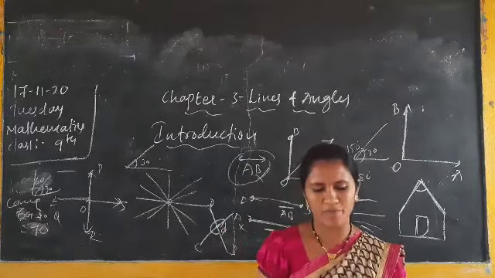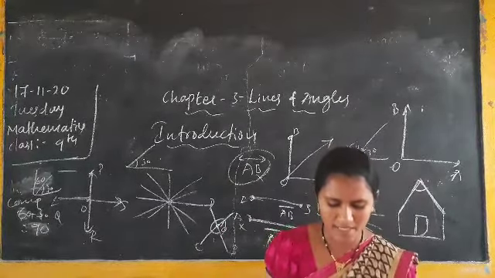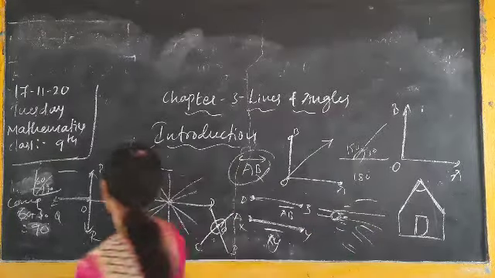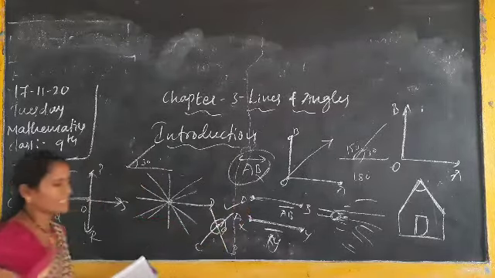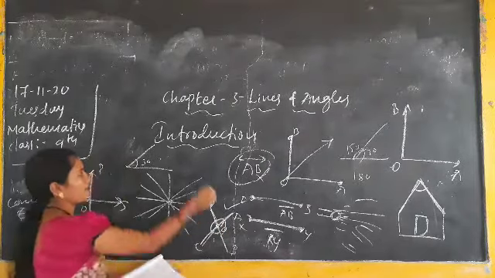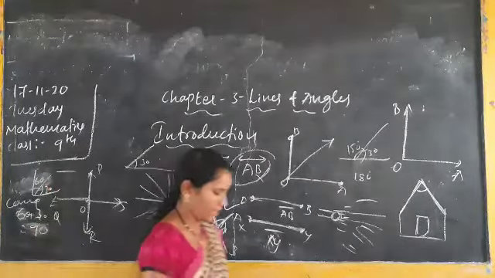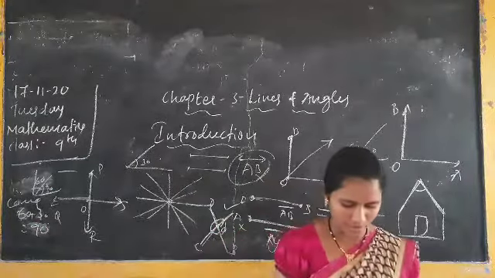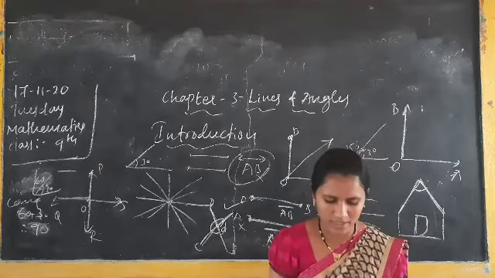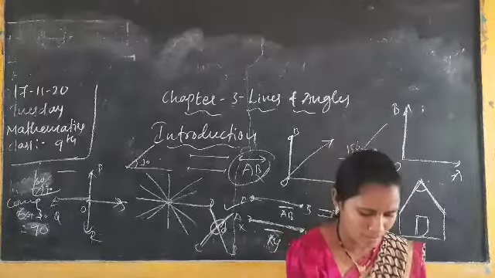Next, on page number 42, intersecting lines and non-intersecting lines, which means parallel lines. You already know these two, and write the definitions. Here they are given. Intersecting lines, for example, this vertically opposite angle. These two lines are intersecting. What about parallel? Parallel means they are not intersecting lines. Okay, all these definitions you have to write in the CW part first. Next, you have to write the summary points also. These total 7 points you have to write in the CW part.